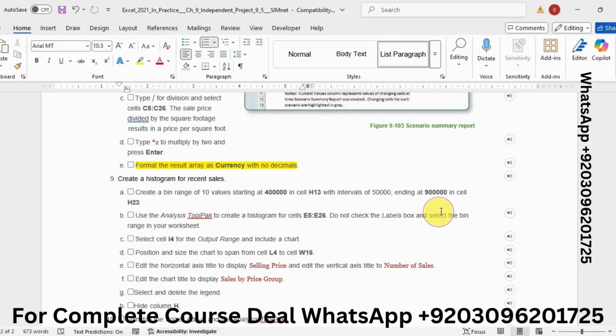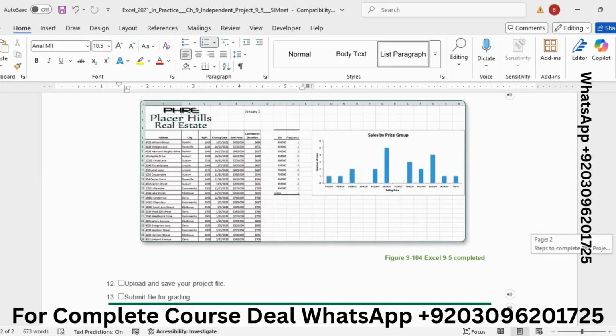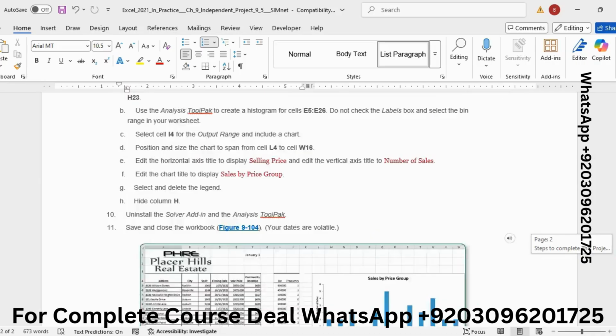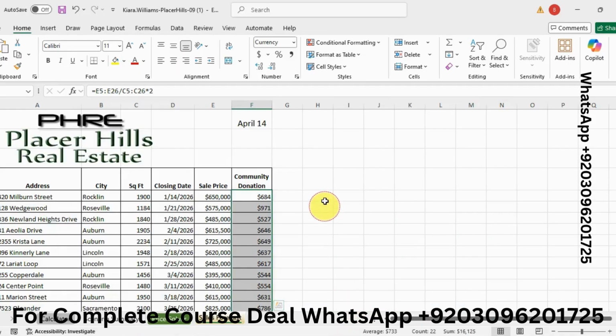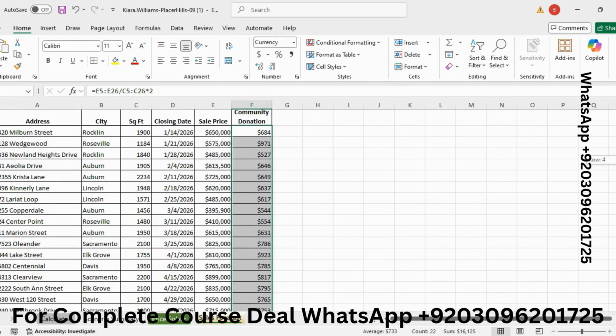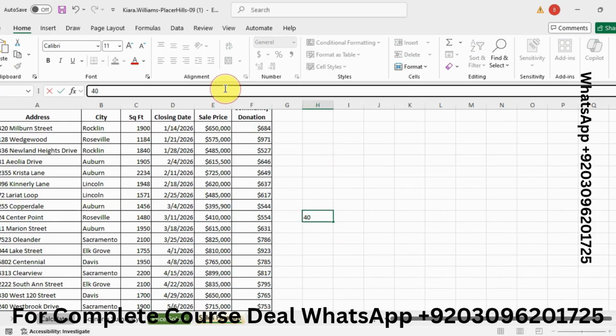So this is, I think, our last step, step number 9. So in cell H13, where is cell H13? This is cell H12 and this is cell H13. Type here 40,000.